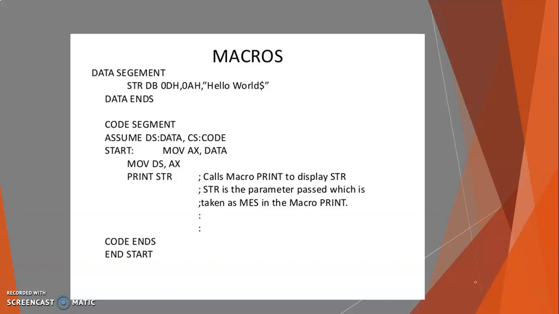So you can see here is a data segment. We write down some input data, and then we start with the code segment. We assign the data segment, that is DS data, and we print something using the macro print to display a string. So we display one of the strings, then we end the macro, and we end the main program. So this is a simple macro procedure.